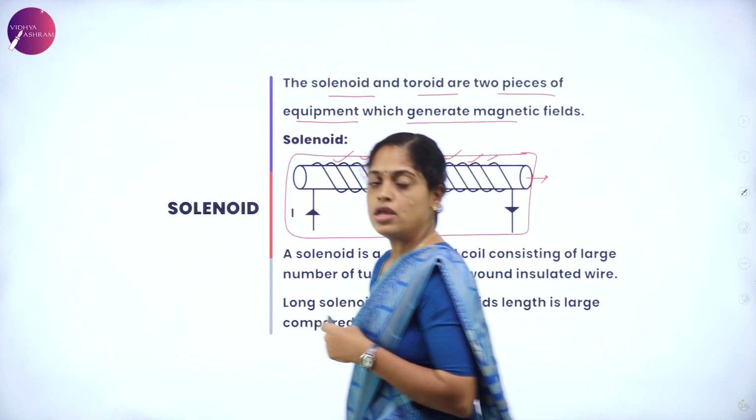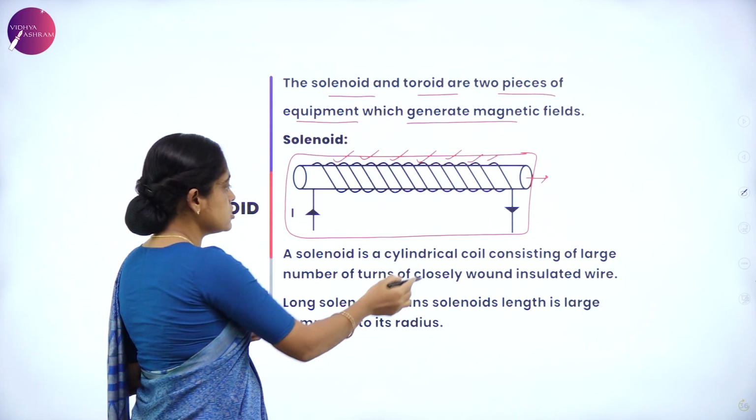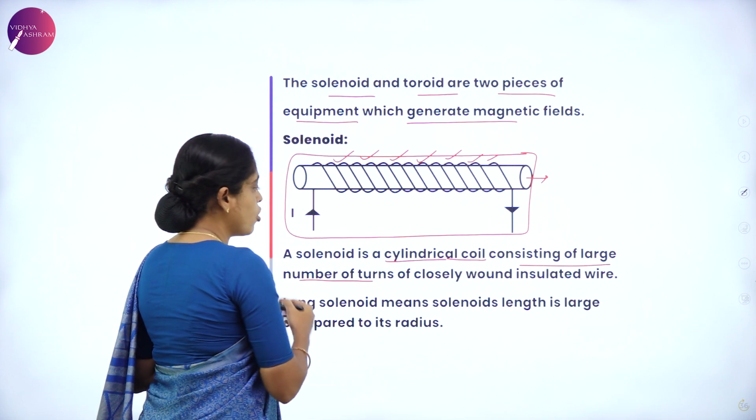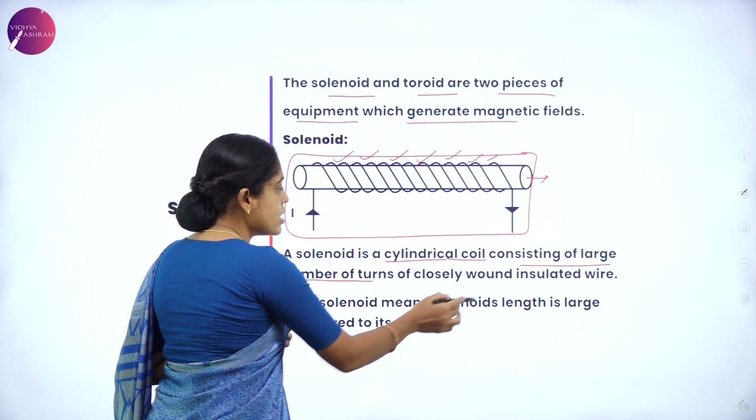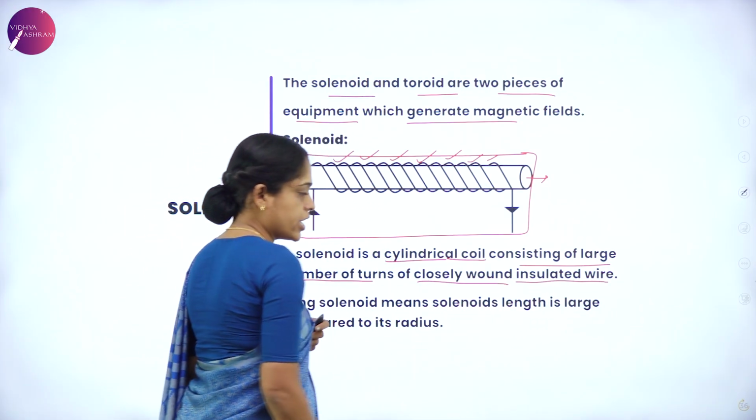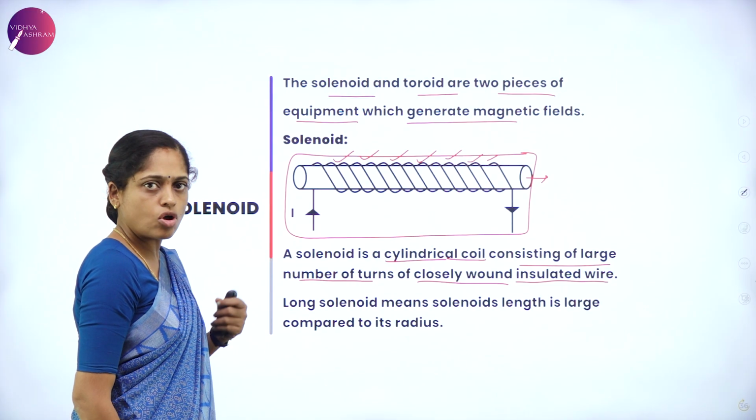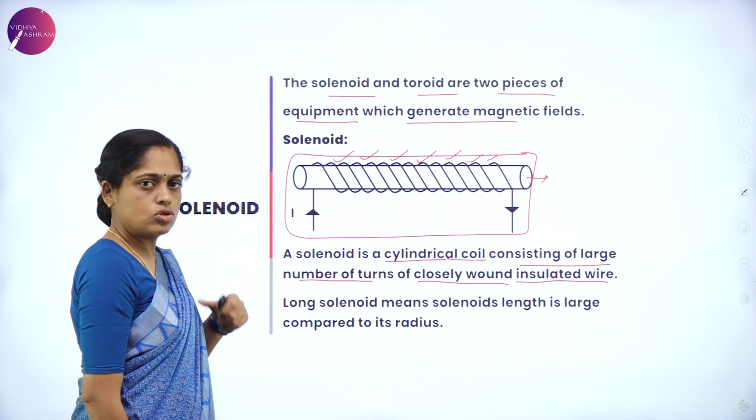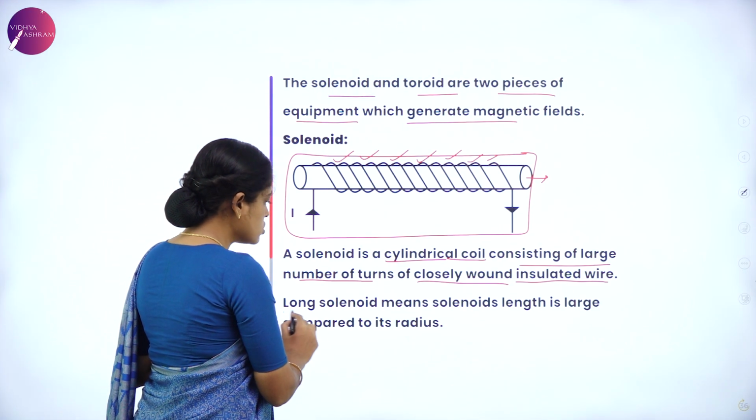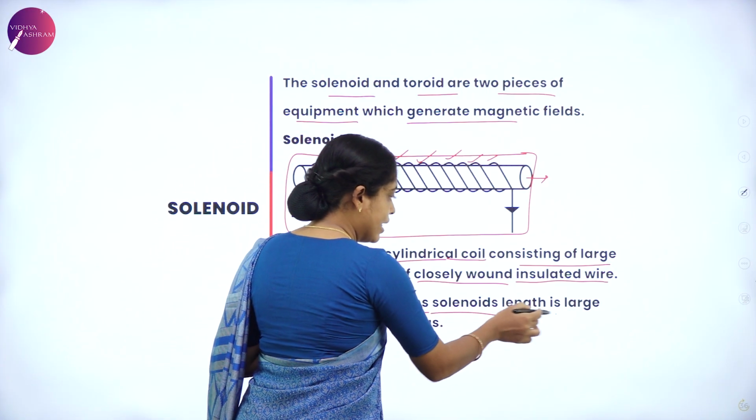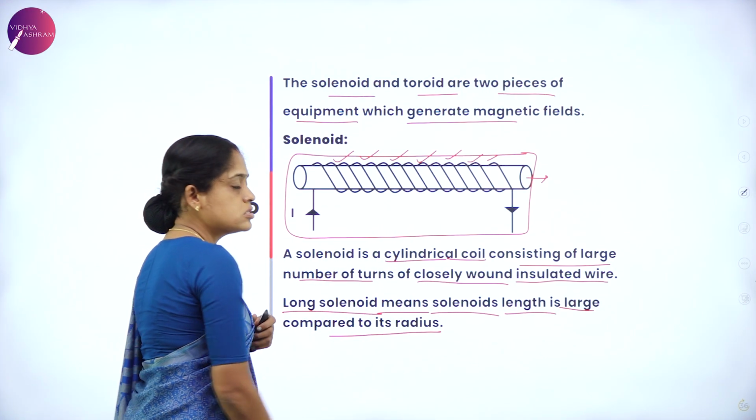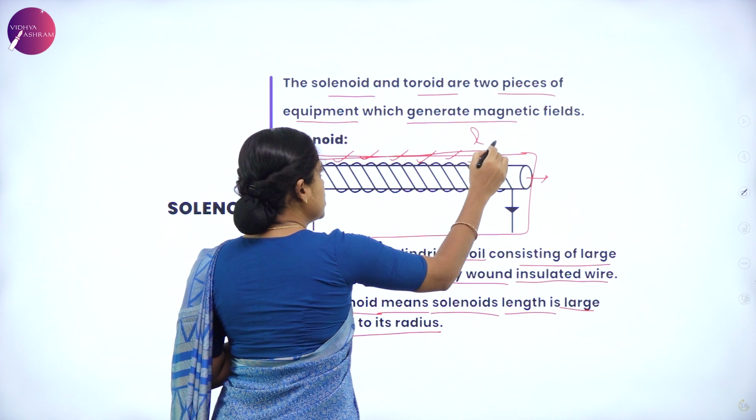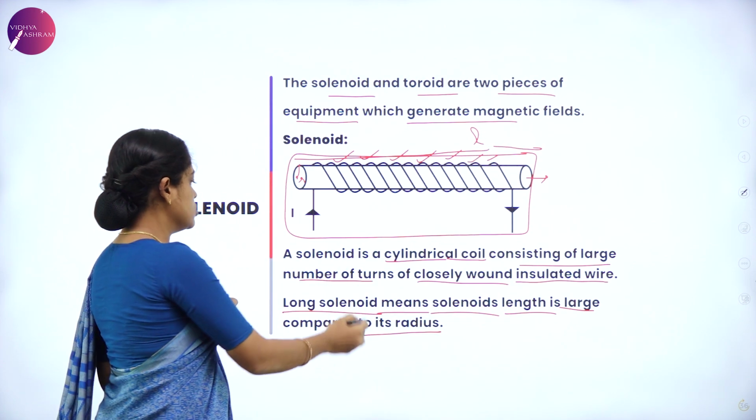number of turns of the coil. Therefore, a solenoid is a cylindrical coil consisting of a large number of turns of closely wound insulated wire, very close to each other. This is known as a solenoid. And a long solenoid means the solenoid length is large compared to its radius. When I compare with the radius, the length is very much larger than the radius,